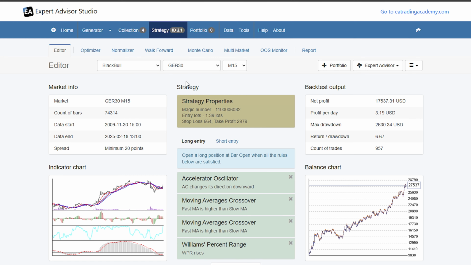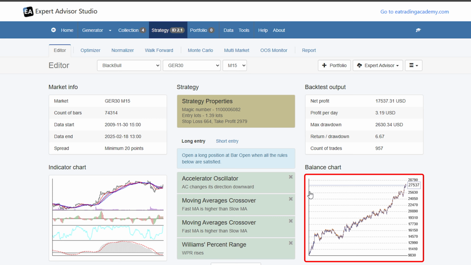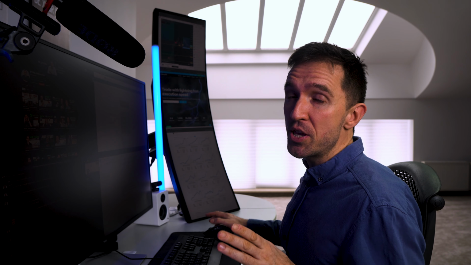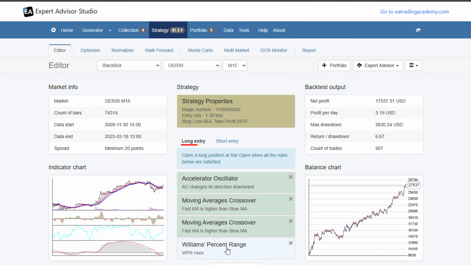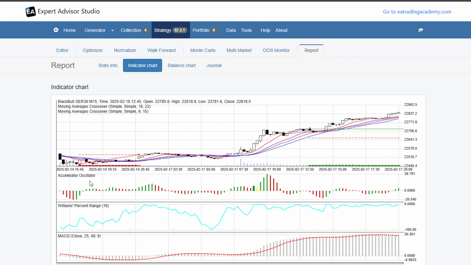But let me show you the strategy behind this expert advisor, and I uploaded it back in EA Studio. That's the strategy builder we use to analyze such expert advisors. And the main condition is accelerator oscillator changes its direction downwards. So whenever we have this change from green to red bars in the indicator, it is a signal to buy. But it has to be confirmed with the other 3 indicators, which show if we are in an uptrend or